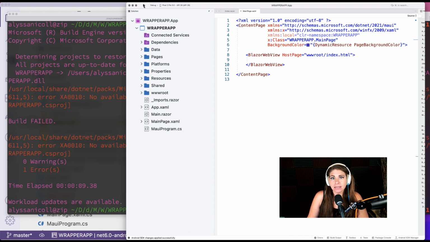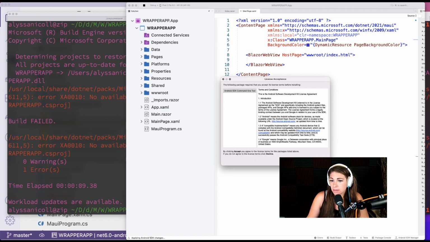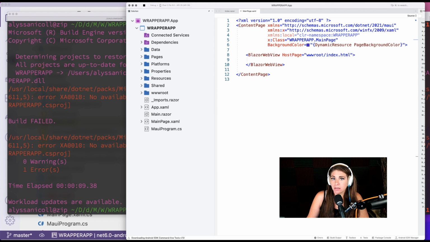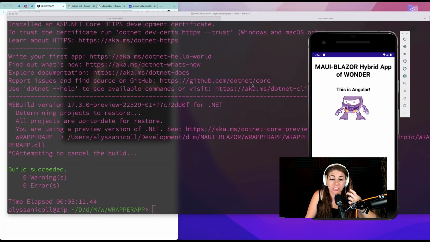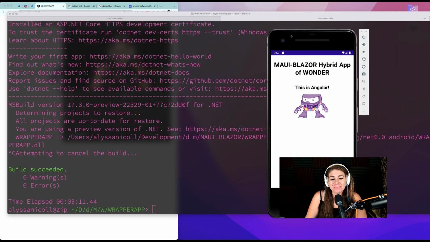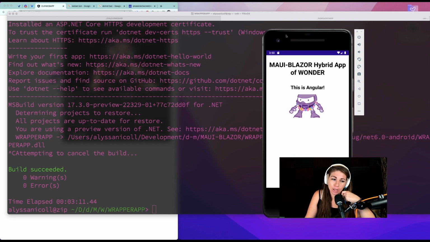I'm going to press play on the Pixel 2 Pi, see if we can get it to build, accept the terms, and let's find out. Awesome. So I actually quit a few things to give a little bit more processing power to my poor little MacBook, and it popped up. The build succeeded. I did it through the terminal, not through Visual Studio Preview, but it did take over that